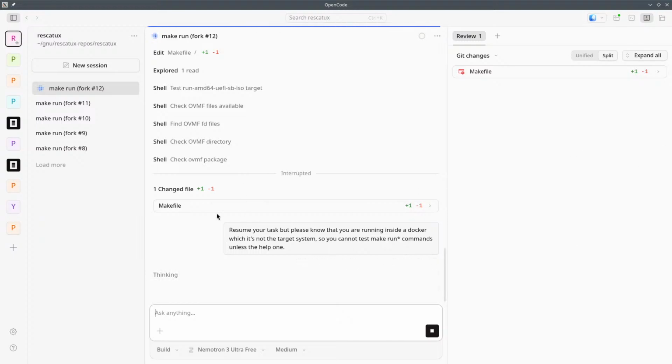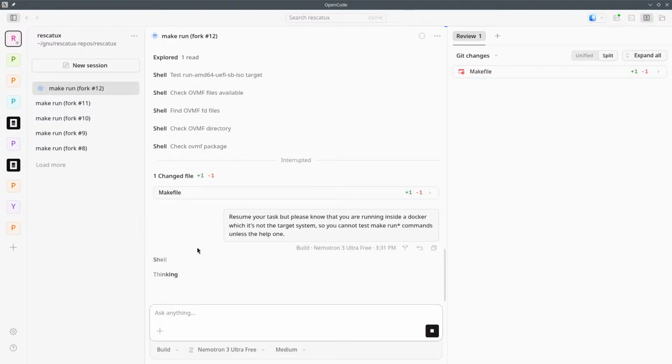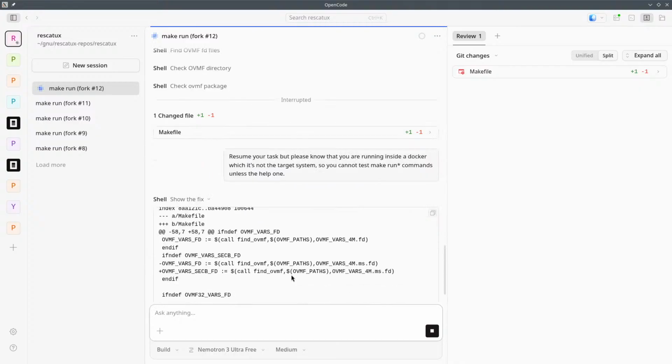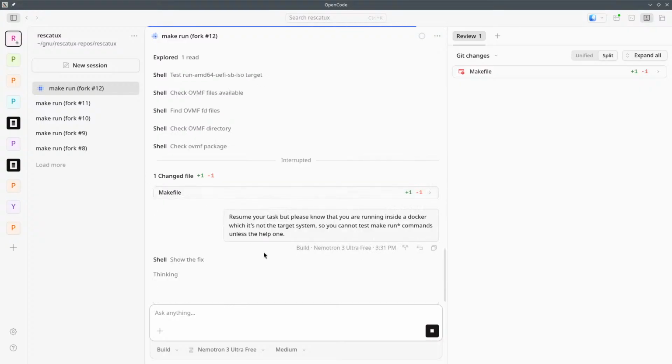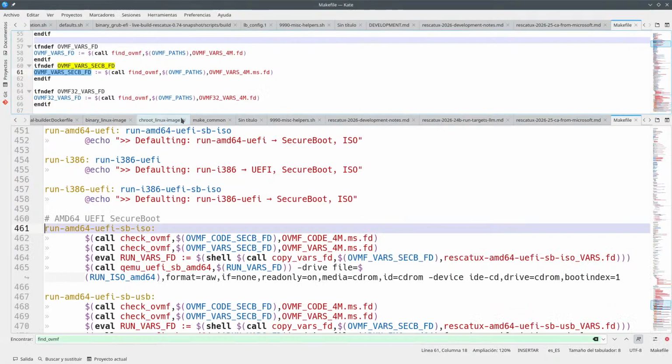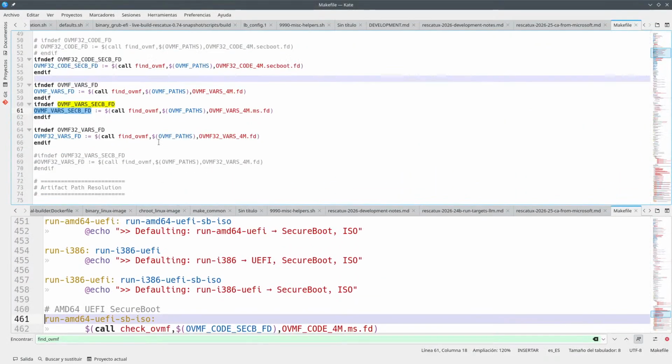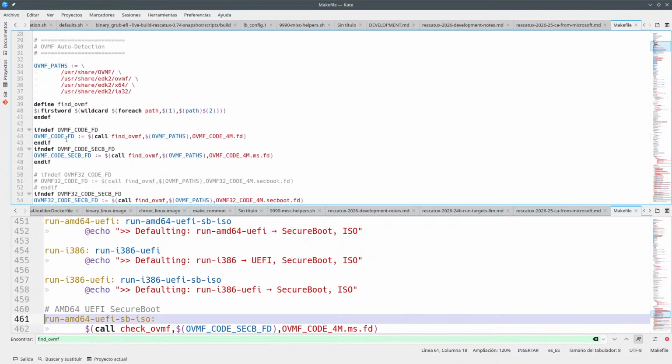So this Nemotron stuff, it takes too long to reply, but I prefer this to other stuff because it works. It knows what it's doing. So show the fix. That's the fix. Yeah, that's right. I wonder if there are similar fixes around here and there, but I don't think so. So basically what we have here,